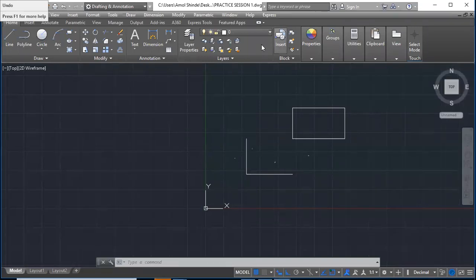There are 1.5 minutes. I will again continue with another meeting. You have to join with the same login ID and password, or by using the same link you can join. Till then, do all these settings. Try this drafting and annotation switching to call the customized panels or ribbon, and do all this status bar setting, do the unit setting, and apply the limits to your drawing.